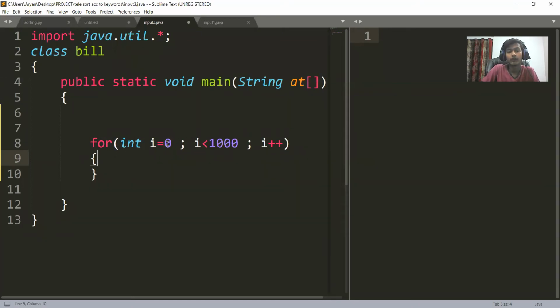The for loop will run from 0 to 1000 and it will update the value by 1 each time. But the truth is that we are not doing anything inside the for loop. If we are not doing anything inside the for loop, it will delay the program. So this is an example of a for loop behaving as a delay loop. You can write this also.